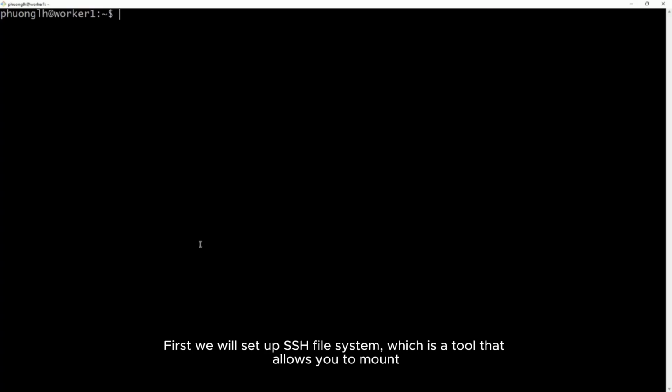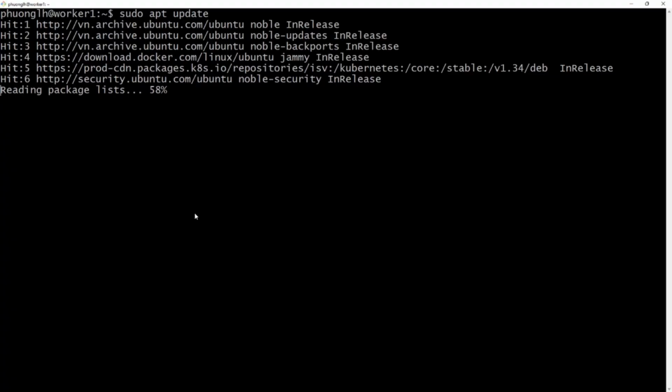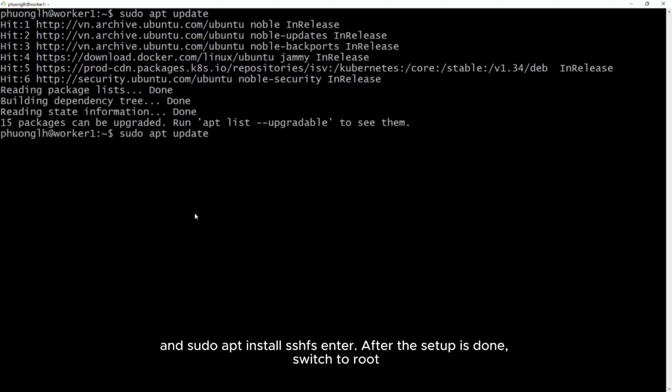First, we will set up SSHFS, which is a tool that allows you to mount a directory from a remote server over SSH into a local file system. So we will use the following commands to set up this tool: sudo apt update, enter, and sudo apt install sshfs, enter.